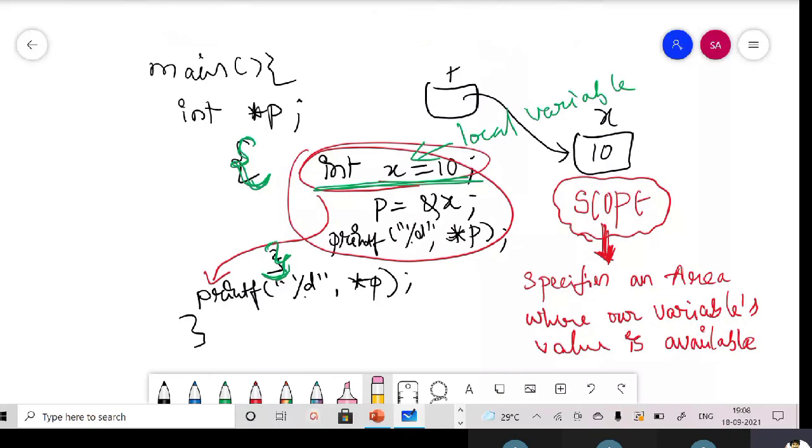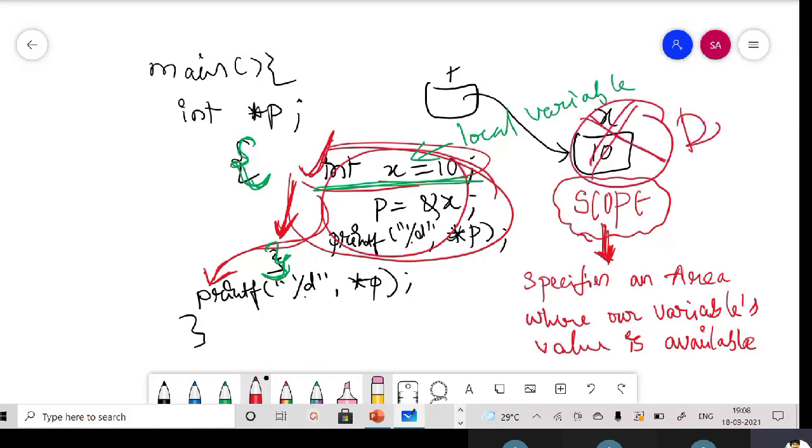We have declared this x inside this block, so x value is available from this place to the end of this particular block, the closing brace, right? Once you are coming out of this block, this x is no longer available. x is deleted from the memory, right?